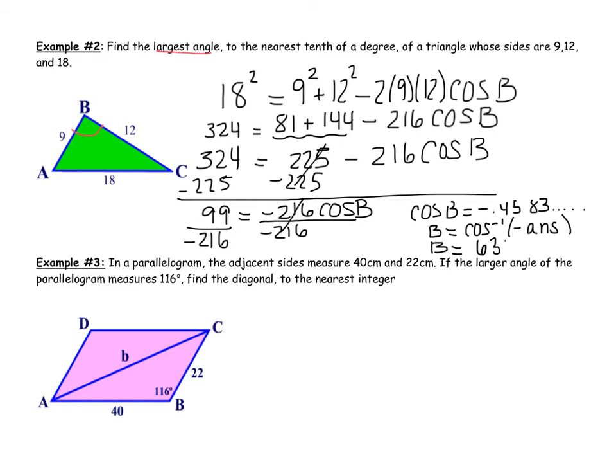Okay, so what do I know about cosine? We know that cosine is negative. So what quadrant am I in? Well, A, S, T, C, we are here and here. So for quadrant 2, it would be 180 minus 63, and we would get 117. And for quadrant 3, it would be 180 plus 63,